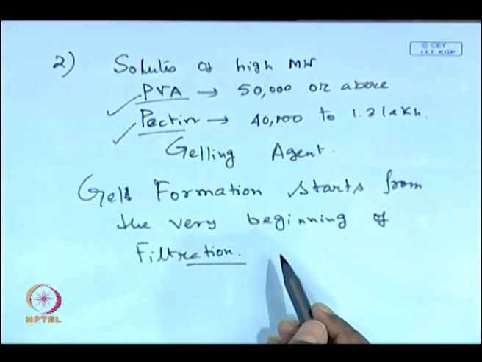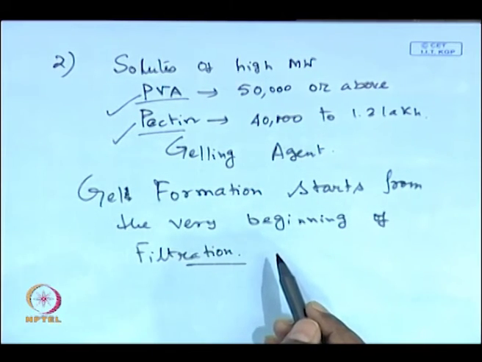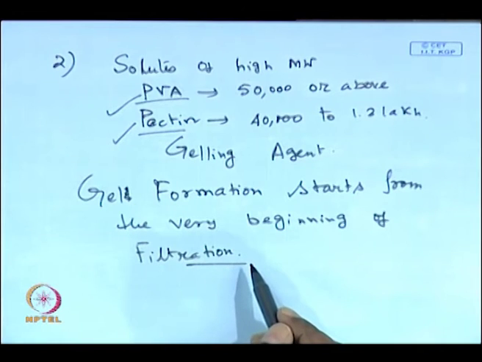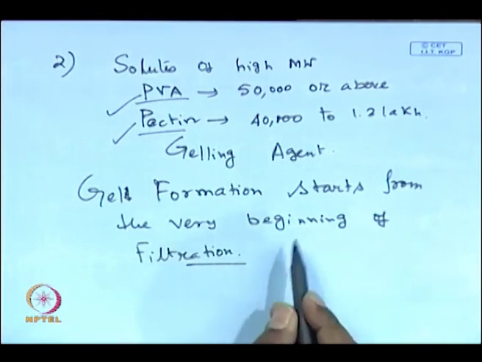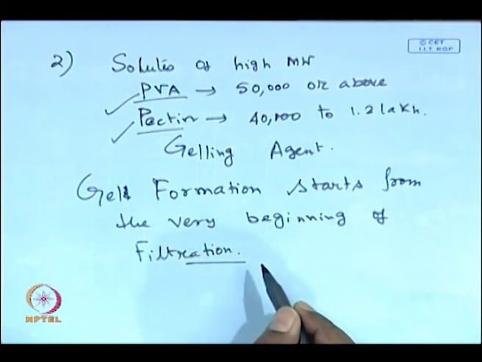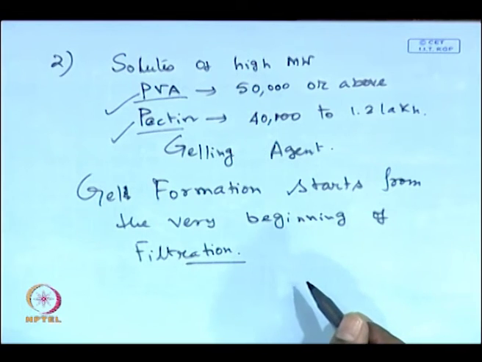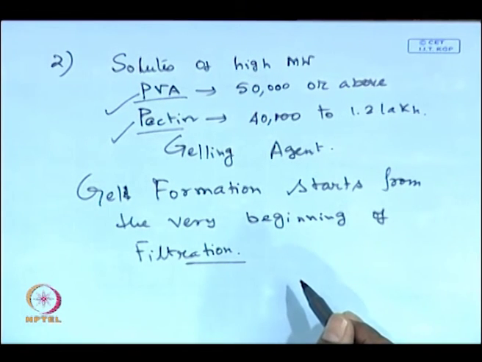What you can do: in the earlier mechanism, we said that you can avoid the gel layer formation by setting your operating conditions such that the formation can be avoided. But in this case, gel layer formation cannot be avoided, because the operation has to be done, since the juice has to be clarified. Okay. Therefore, one has to be very careful and set the tuning parameters, or the operating parameters, such that the gel layer formation becomes minimum.